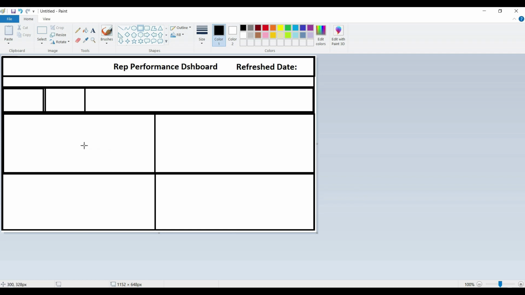We can also have 3 vertical sections, in which we can increase the height of the dashboard. There will be a scroll, and we can also have more than 2 charts. It purely depends upon the requirement and the space we have, because we have to ensure that the readability of the charts is not lost. If we have around 8 or 10 charts and we don't want a scroll, then we can create 2 screens instead of fitting all the charts on the same screen. So this is a basic layout.